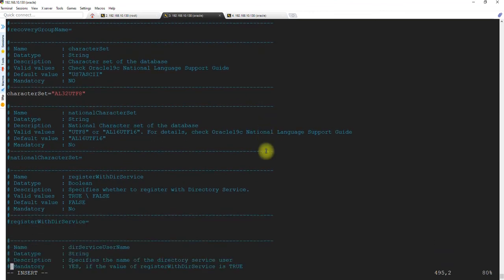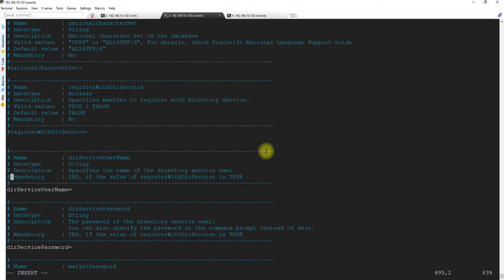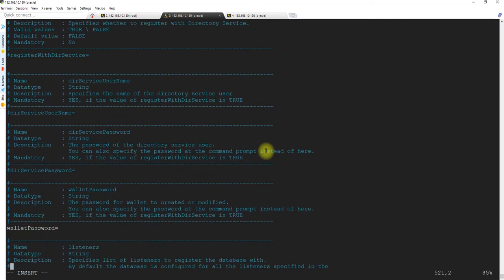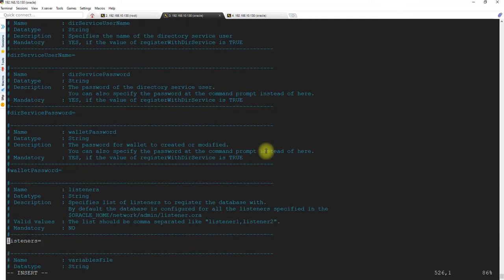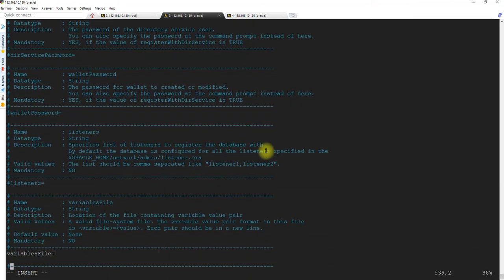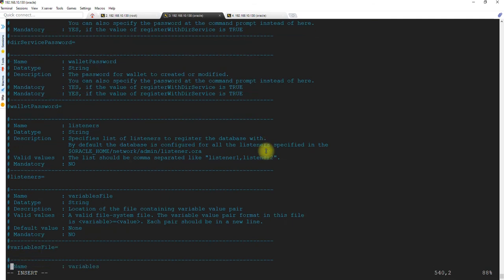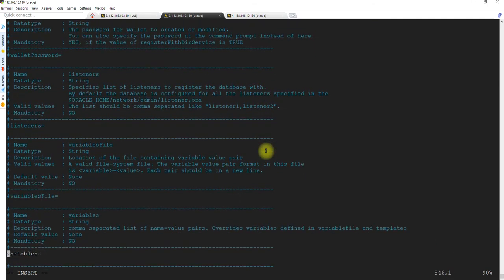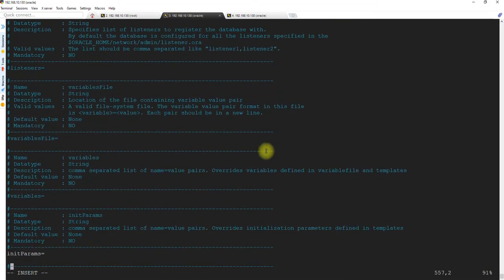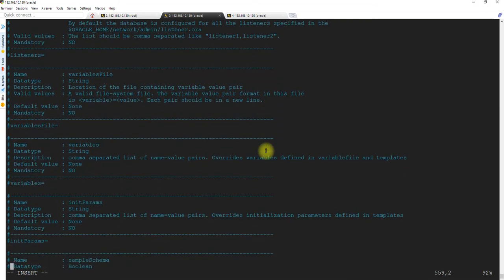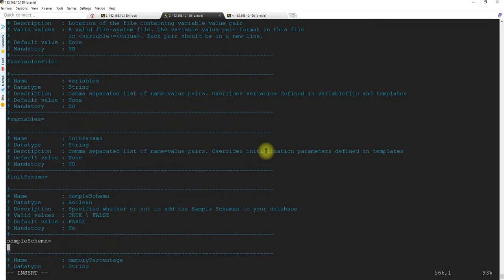No. Directory service name, no. Wallet password, no. Oracle wallet, no. So we haven't set up the listener, no. So many things. Keep going. Sample schema, maybe true. I will let it do it.